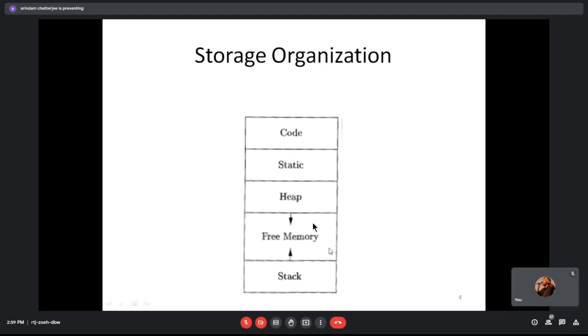Now, you can see that, okay. So basically, they reuse the same free memory area because these two things are very much dynamic in nature. So if you have a lot of function calls, the stack will be growing to some depth. Similarly, if you have lots of dynamically allocated variables, you will be using up a lot of free memory. That's why we always discourage variables which are allocated at runtime and not used anymore.